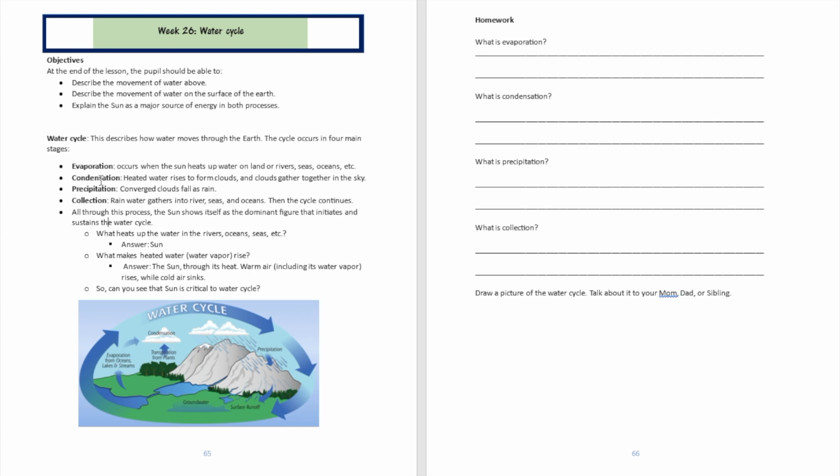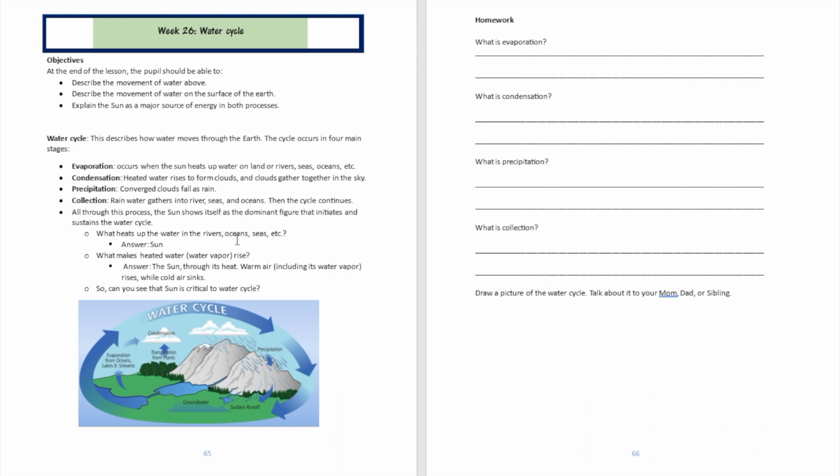Then after the cloud is gathered for a couple of days, a couple of weeks, it becomes too heavy to stay in the sky, so it starts to fall down as rain. Well, that's called precipitation. It can fall down as rain or as snow in certain cases, but that's what precipitation talks about. Then as rain falls, rainwater is going to be gathered into rivers and streams and oceans and seas,